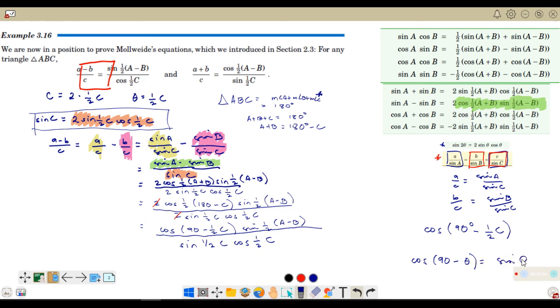sine theta. So, sine theta is equal to the cosine of its complement. So, kung meron tayo ditong cosine 90 minus 1 half C, this is going to be equal to sine 1 half C. Sine 1 half C is equal to the cosine of its complement, and its complement is 90 degrees minus 1 half C. So, ito palang dalawa, ito, at saka ito, ay equal. So, tatanggalin na natin sila. You will be left with